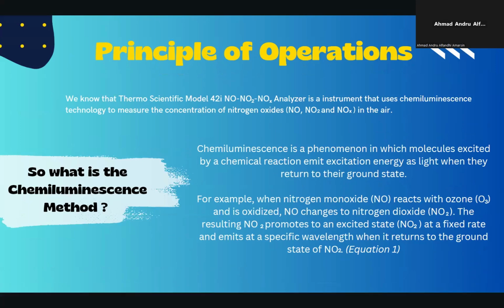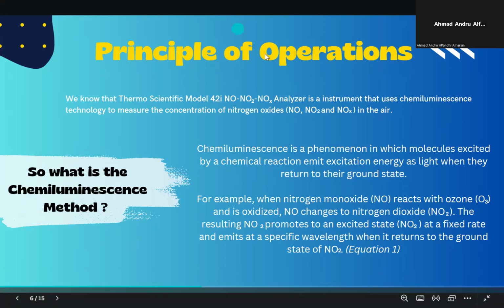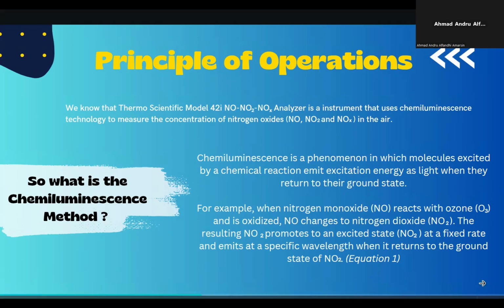Okay, next, the principle of operations. We know that the Thermo Scientific Model 42i NO-NO2-NOx analyzer is an instrument that uses chemiluminescence technology to measure the concentration of nitrogen oxide, NO, NO2, and NOx in the air. So what is the chemiluminescence method? Chemiluminescence is a phenomenon in which molecules excited by a chemical reaction emit excitation energy as light when they return to their ground state. For example, when nitrogen monoxide reacts with ozone and is oxidized and changes to nitrogen dioxide,